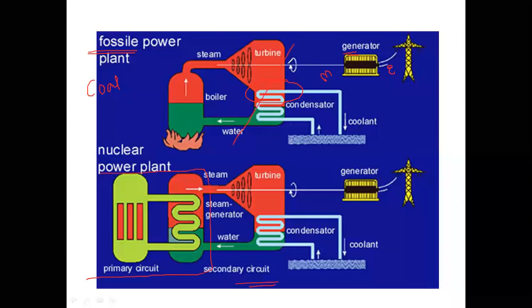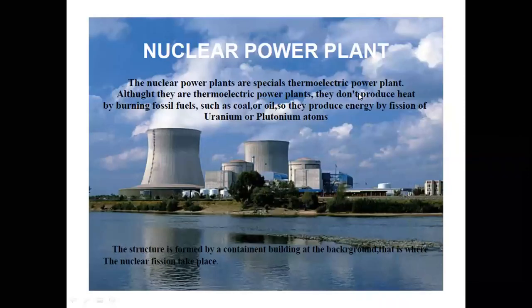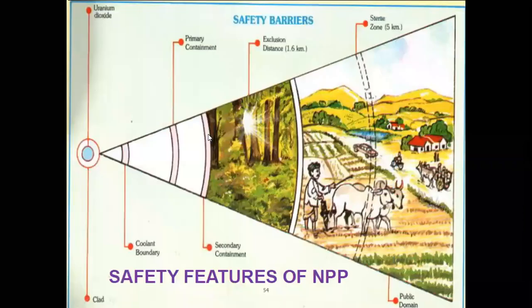The main difference between the thermal power plant and the nuclear power plant is that instead of the boiler, a nuclear reactor and then a heat exchanger are used. The remaining working is similar to the thermal power plant. In the nuclear power plant, water is required, and generally the nuclear power plant is constructed away from human beings, some distance away from the load center. Compared to the thermal power plant, water is required, and it is located away from the agriculture land.